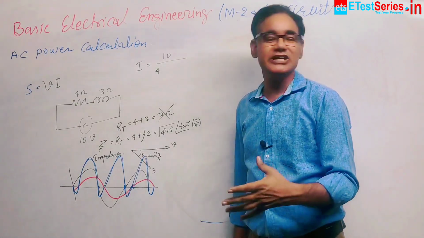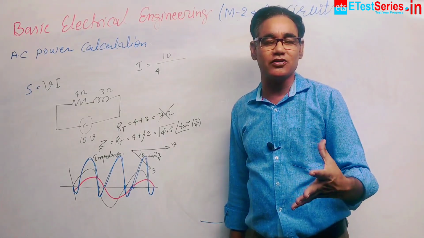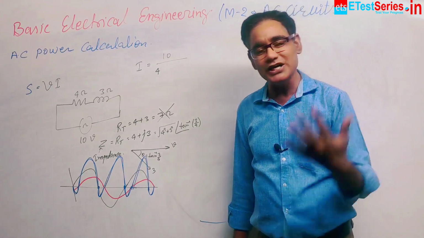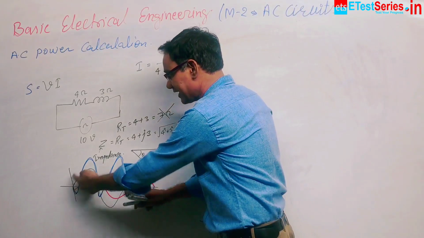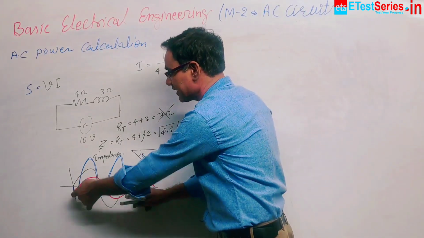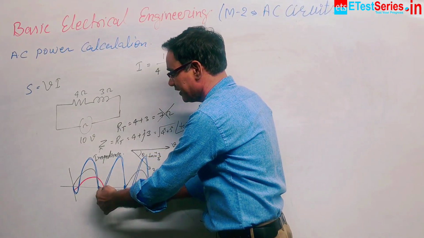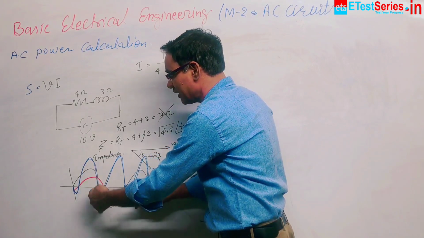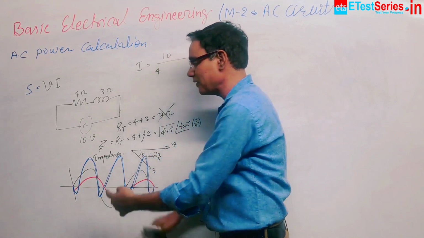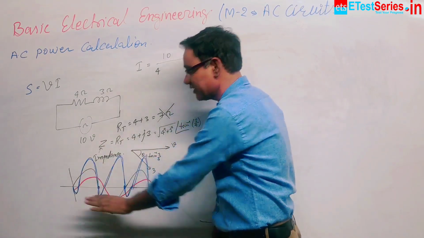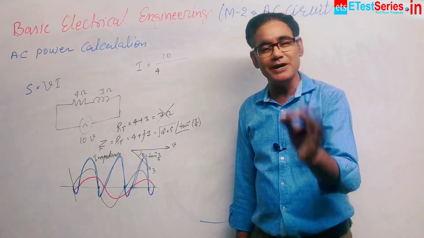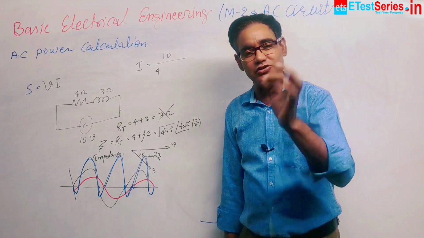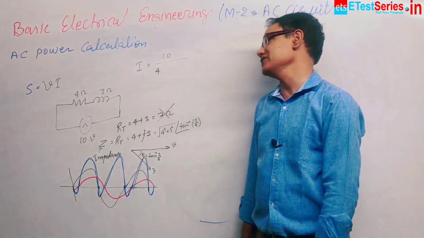Its frequency is twice the frequency of current or voltage. The voltage cycle is complete over here, but the power cycle is completed over here only. So there are two power cycles, 1 and 2: twice in the positive and twice in the negative cycle. So the frequency of the power is twice the voltage frequency or twice the current frequency.